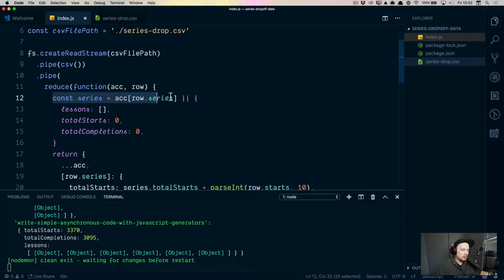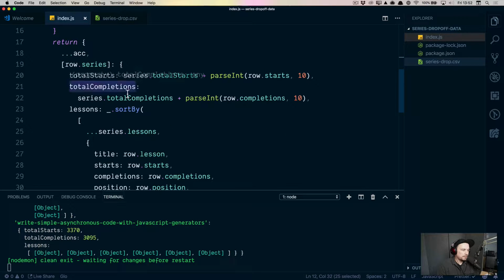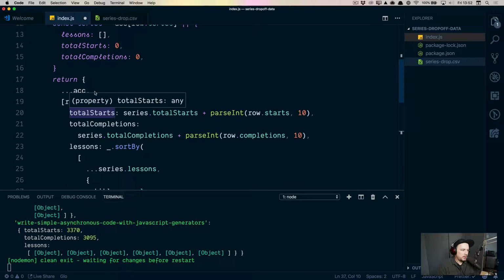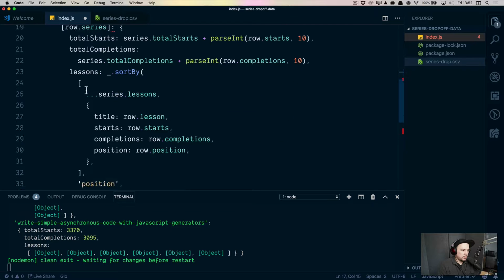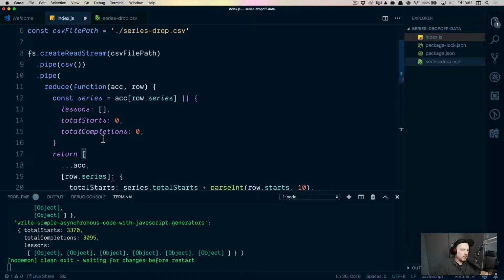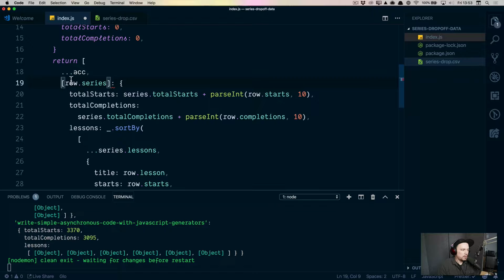So we could do something like, let's see, I think find would work. So instead of an object, I am going to use an array. And up here, I can just do the same thing. So I'm going to take that, and we're not going to return an object anymore because we want to use an array. And now instead of looking this up this way, we can use the accumulator,